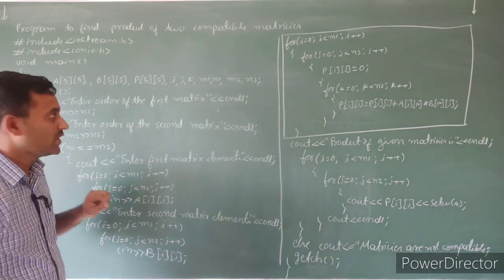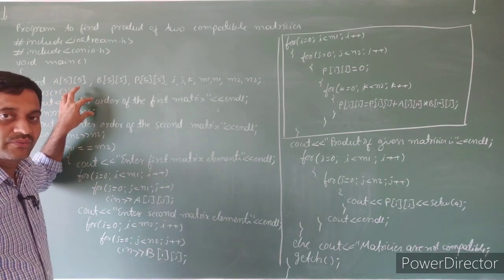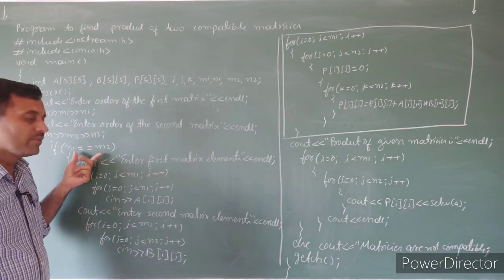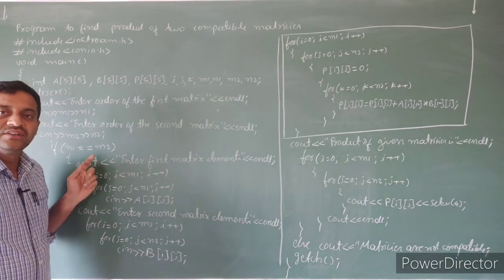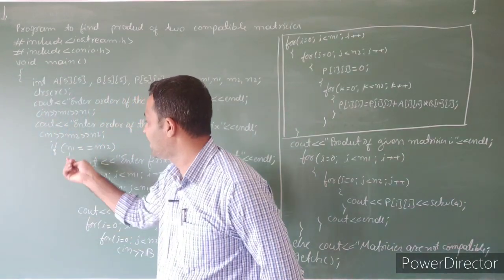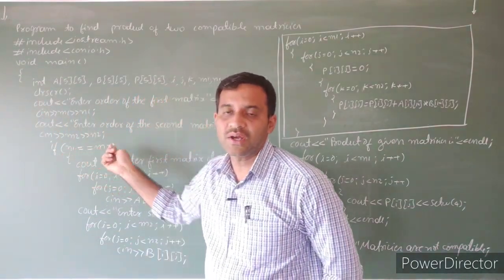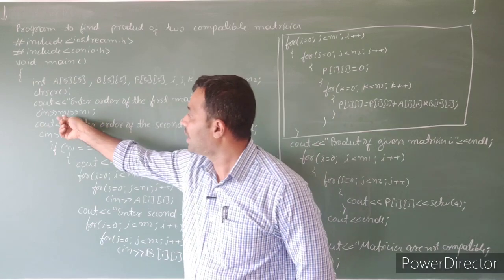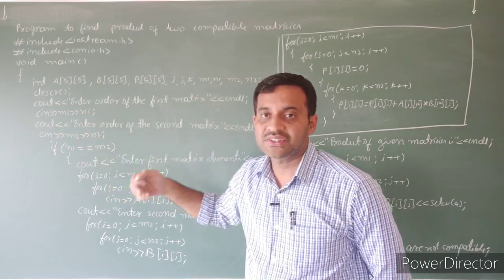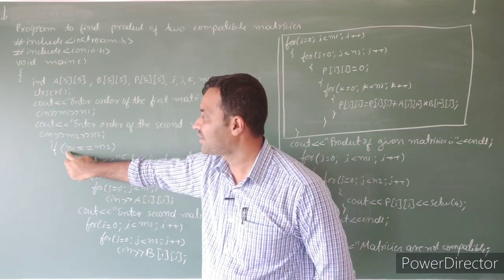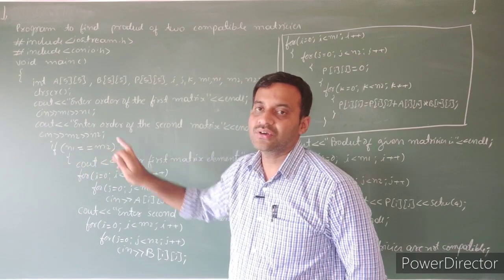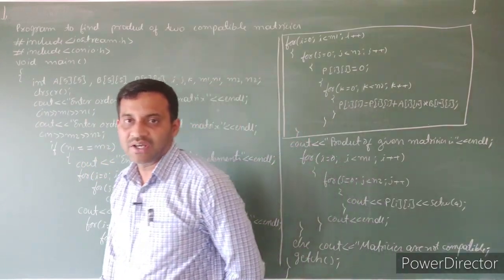What we have done here, I repeat. First we read the first matrix order. Then we read the second matrix order, then we verify the compatibility. The compatibility condition is that the inner orders must be same, hence here we compare n1 is equal to m2, where m1 n1 is the order of the first matrix, m2 n2 is the order of the second matrix, hence the inner orders are n1 and m2. Here we compare n1 is equal to m2. If it is compatible,